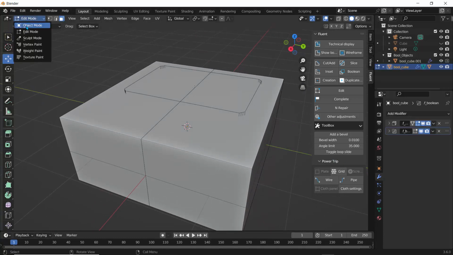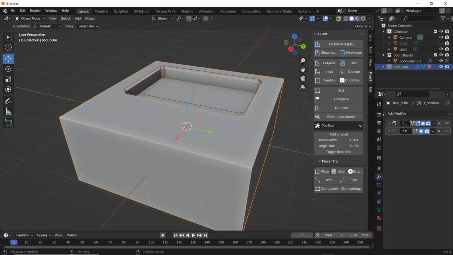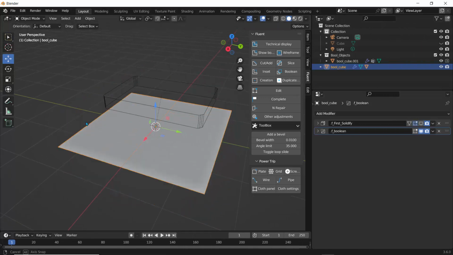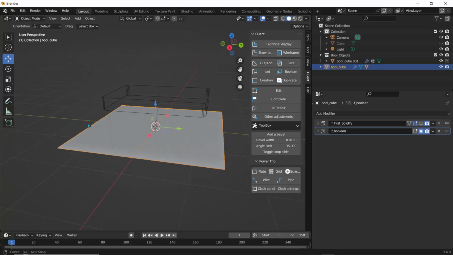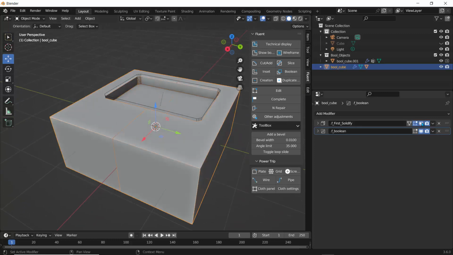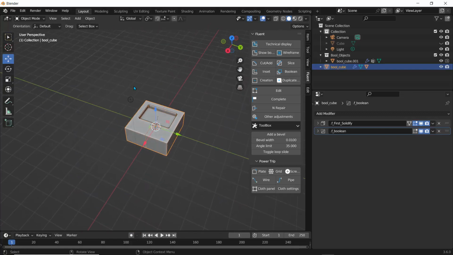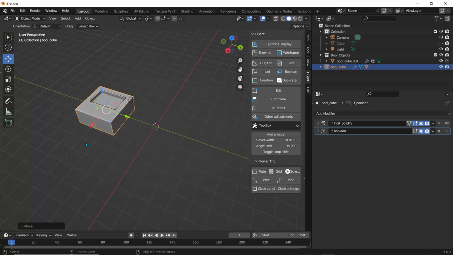If we go back to our object mode and just drag this a bit to the right, we can see that solidify. If I get rid of it, it's just a plane with a solidify modifier attached to it. So that's one way you can get rid of those funny and nasty edges you don't want to see. So there are support edges caused by